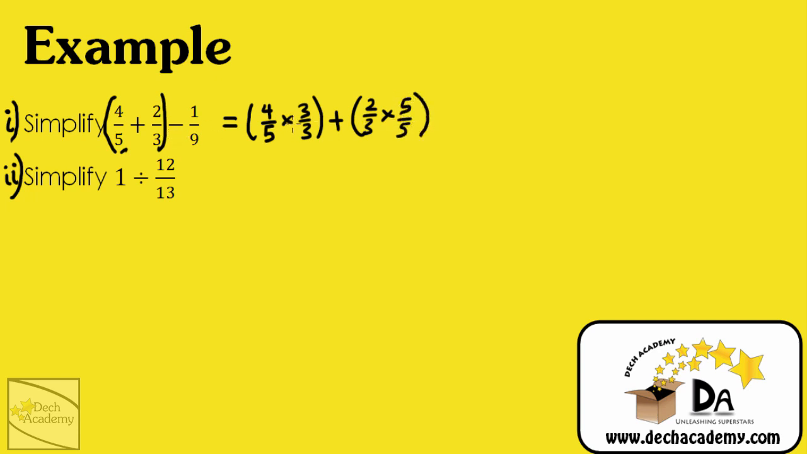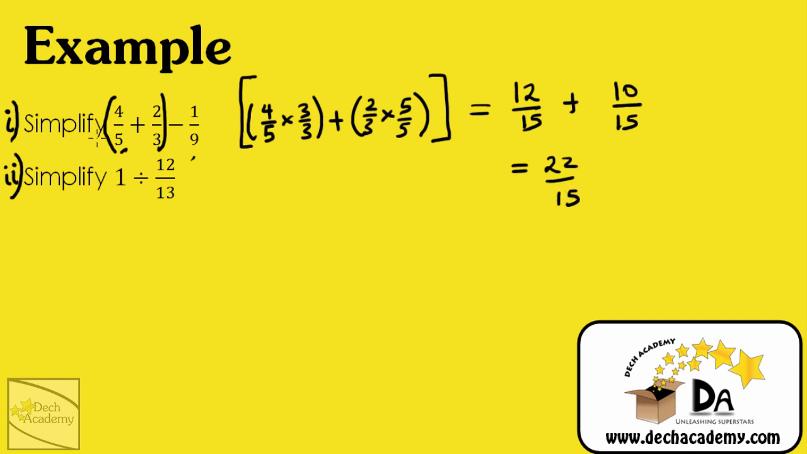So carry out the addition first, and then you can carry out the subtraction. So what I'll do is I'll just ignore this for now and continue. The addition part of this expression, simply what you see here, is equal to 4 times 3 divided by 5 times 3, which is 12 divided by 15, plus 2 times 5, which is 10, divided by 3 times 5, which is 15. And this gives 12 plus 10, which is 22, divided by the same denominator, which is 15. So instead of 4 over 5 plus 2 over 3, we know that that sum is 22 over 15